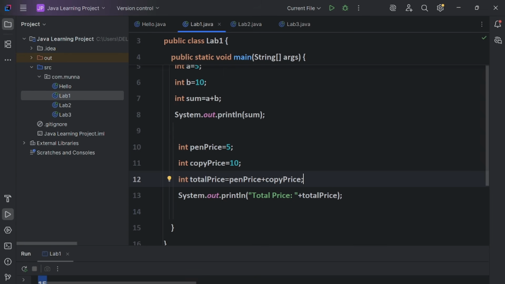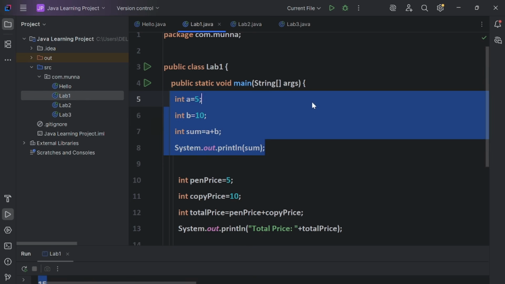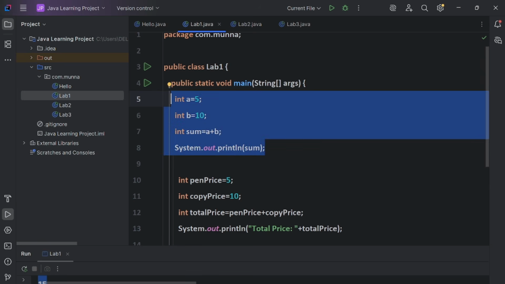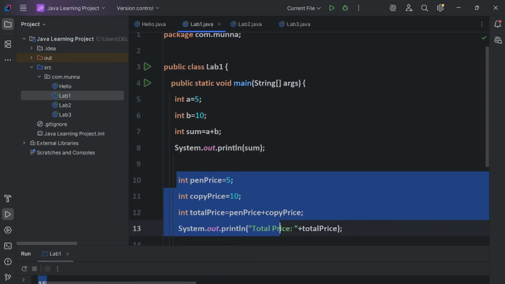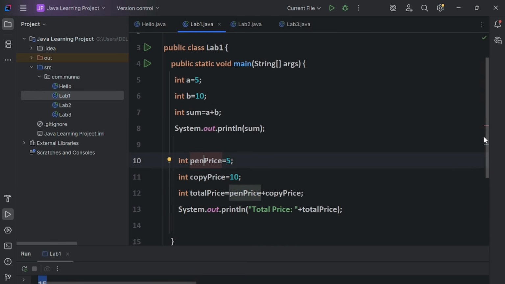When we practice code, we usually give any variable name like abc. But when we develop any application or real-time project, these kinds of variables are not recommended. We have to give meaningful names, guys. So we have to be careful about that.